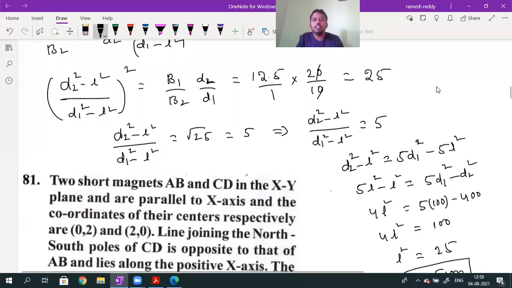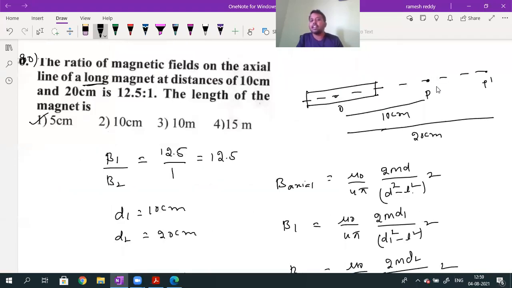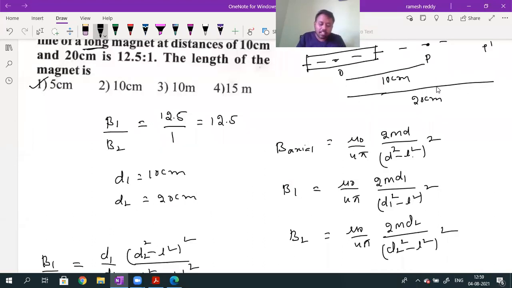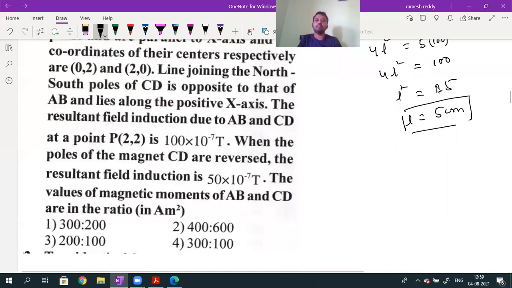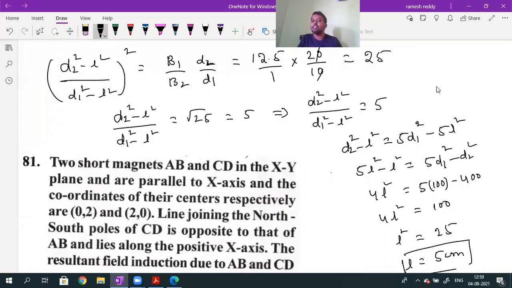So this is question number 80. Pradeep is asking, sir, you have taken this much time; in the examination, this much time will not be there. But once you know the concept for doing a problem, you will not take this much time. Okay, Nara? So that is question number 80. I will write the answer directly here: L value will be equal to 5 centimeters. I'm writing the answer directly because I can use this space for the next question.